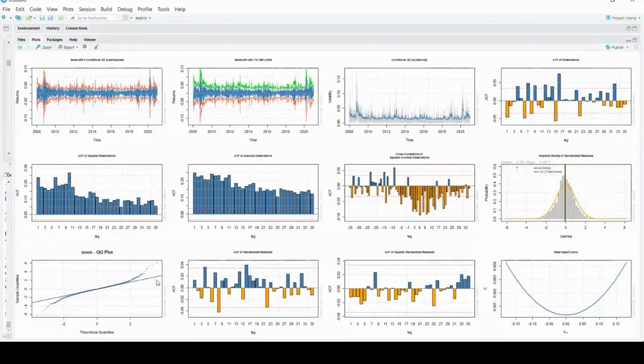And in the upper graph, the empirical density curve of the standard residual, I said it appears to be normal, but it is not normal, and this is clear from the normal QQ plot.